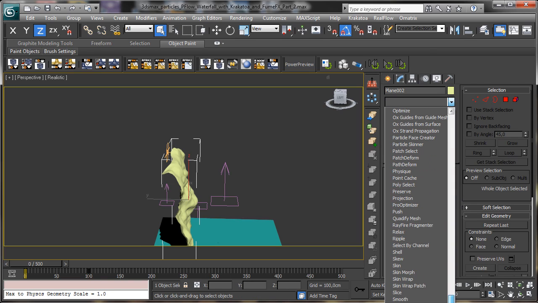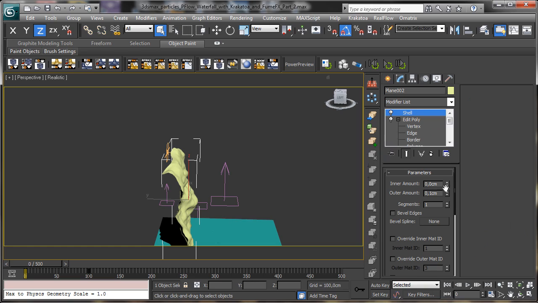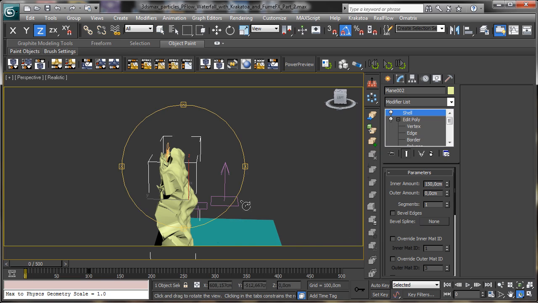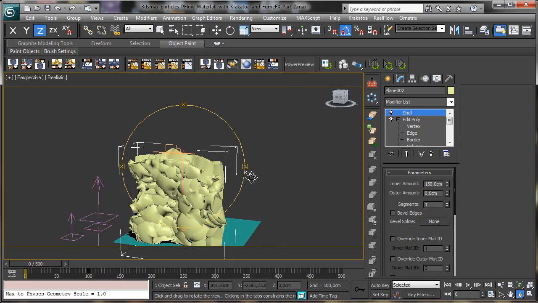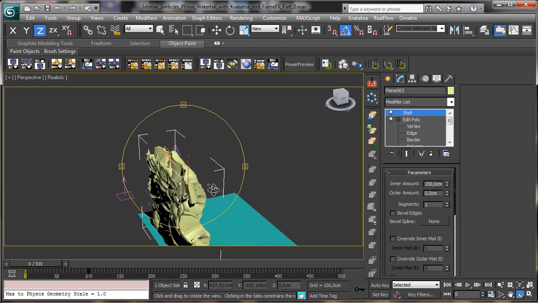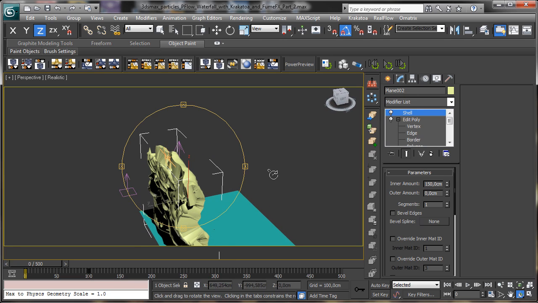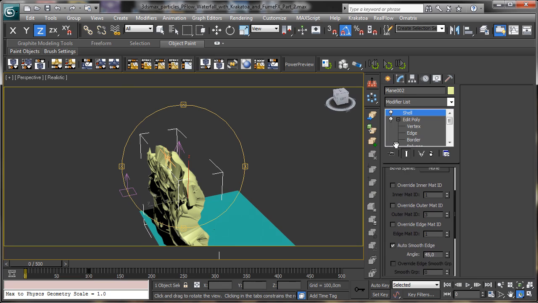So let's select Shell and let's go for inner, and let's see if it can help. Let's go for 1.5 meters. Okay, you see that we are creating something really strange there,